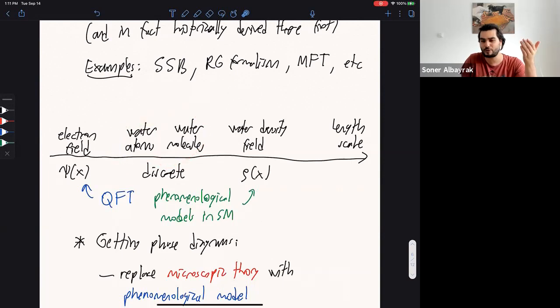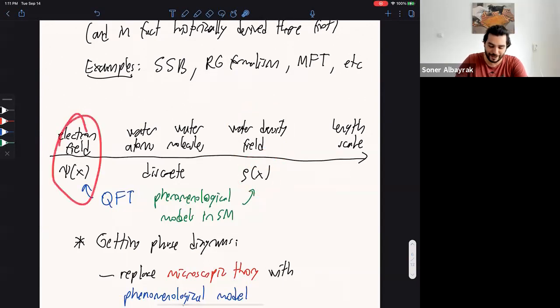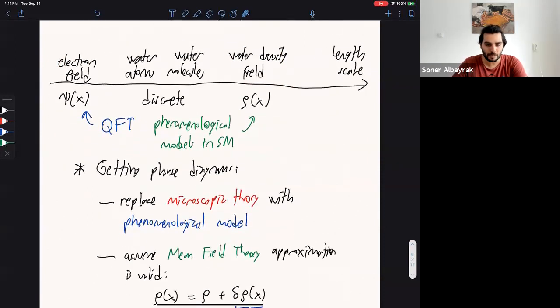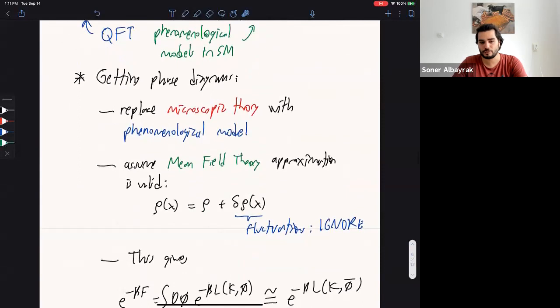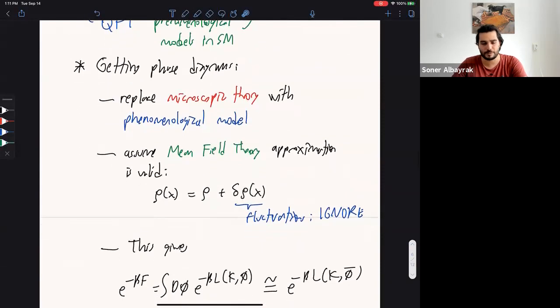So we need some microscopic lattice theory to describe them, discrete. Now, if we move a little bit up again, we can have a phenomenological model with a water density field, rho(x). And again, it's a filter. So this filter and this filter share lots of common things. That's what I was talking about. Good. So in short, we said that, okay, to get the phase diagrams, replace the macroscopic theory with the phenomenological